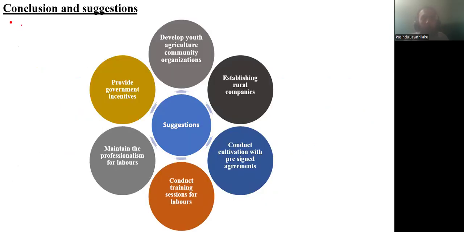Further, as suggestions to continue the sustainability of paddy cultivation, the research identified these solutions. The first one is to develop youth agriculture community organizations in order to attract the younger generations who are not actively participating in agricultural activities. In addition, establishing rural companies will help to increase the productivity of agriculture practices, because the majority of the lands are very small scale in Sri Lanka. Therefore, we can't utilize complex and new technologies in the agricultural lands, as well as conduct cultivation with pre-signed agreements with the